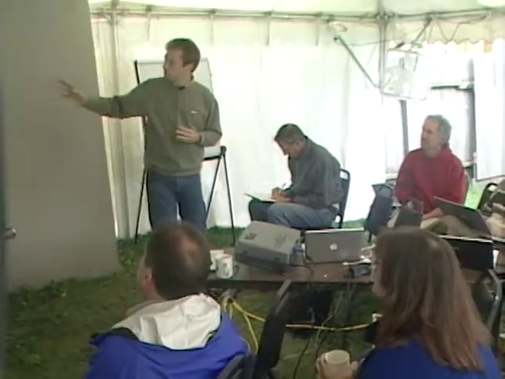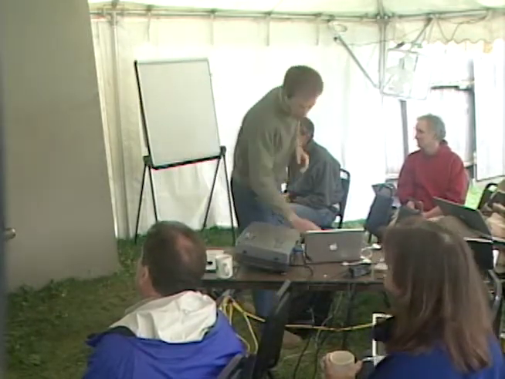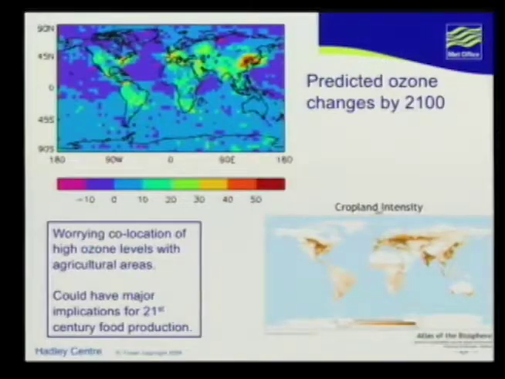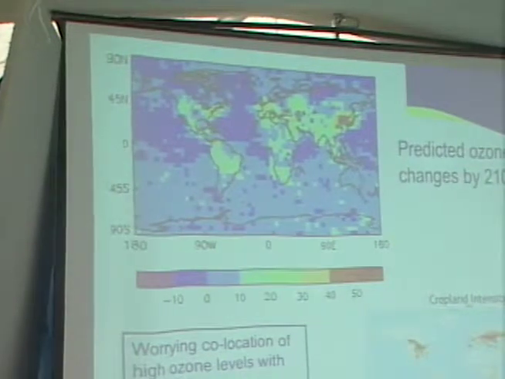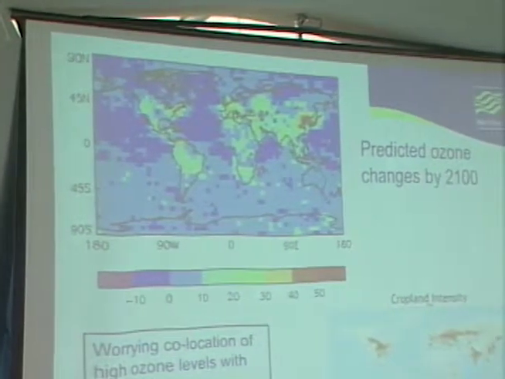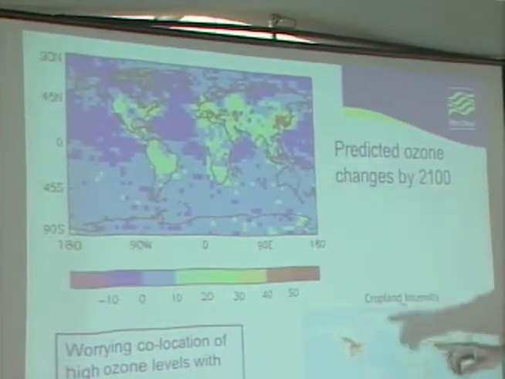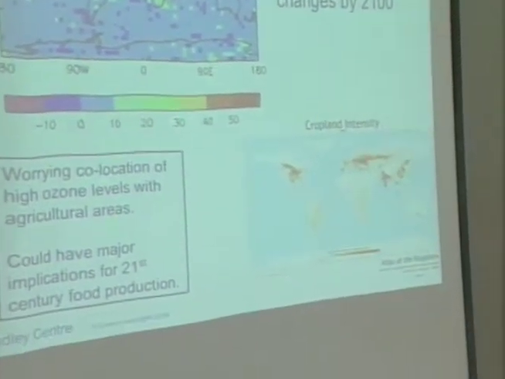So yeah, Steve Sitch has come with some parameterization of that, and he's improved it. So I'm not going to show his latest result. It's some old result. It has probably changed since then. This is some sort of ozone changes that is predicted under the A2 scenario by 2100. So again, it's pretty much the extreme of what you can get, but an increase of 10, 20 ppb over some regions, or even larger there. Whether that's realistic or not, I'm not sure. Steve Sitch makes the point that where you get the largest ozone changes is also where you get the crops, so that can be a problem.